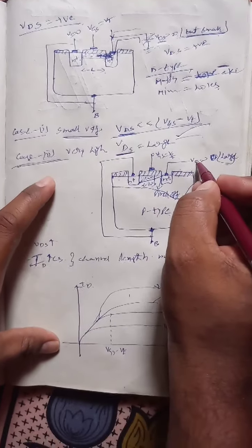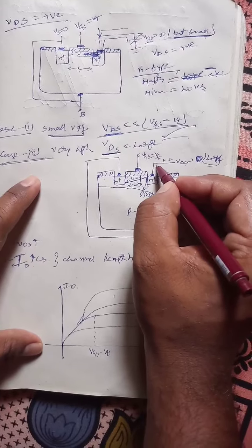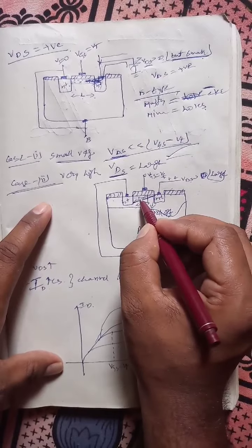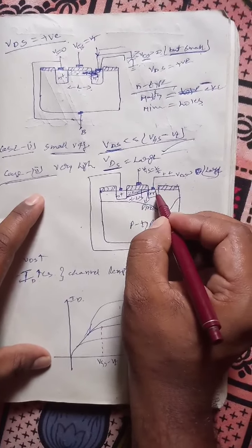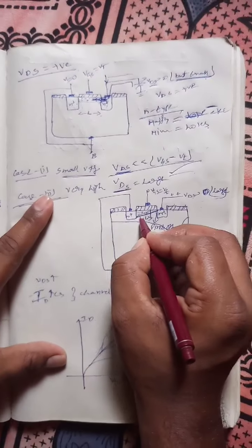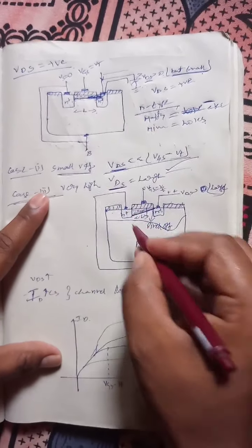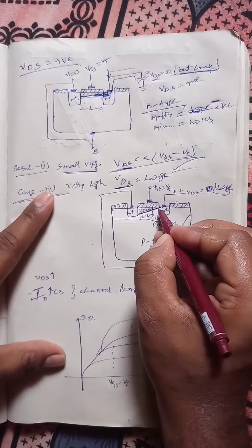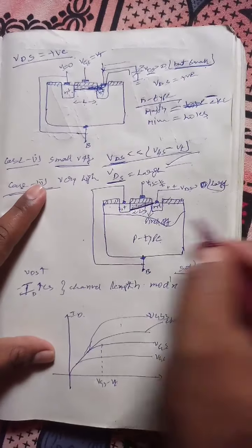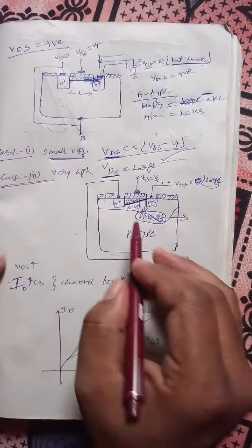Here, as we are increasing this VDS, the positive charges increase across here. So in this particular channel, whatever negative charges are there are all attracted to this positive charge. After that, the shape of the channel changes. Here we can see a flat shape, and here a shape which has a slope. So we can understand that the pinch off voltage has happened here, the pinch off technique has happened here.